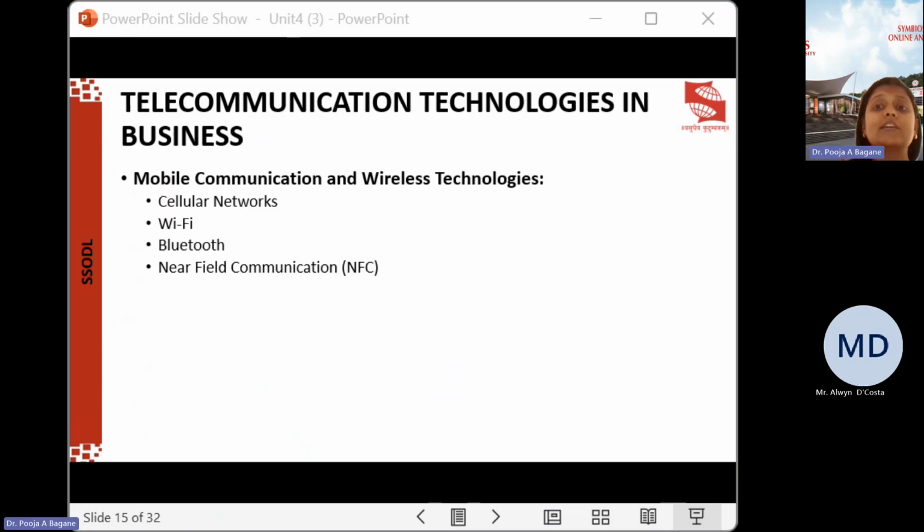Okay, then there is near field communication. NFC is the near field technology which is used to communicate and exchange data among different devices through close proximity. It is essentially a mobile payment method which allows for access control and data transfer between the smartphone and NFC devices. So we can say that telecommunication technology is an essential component of the business.